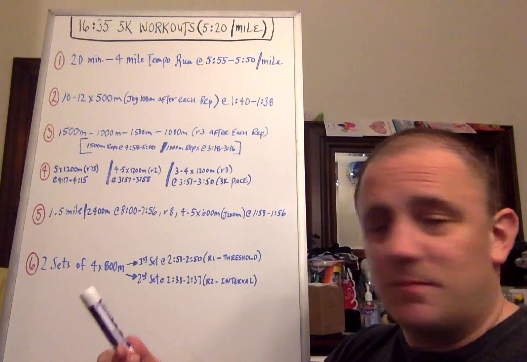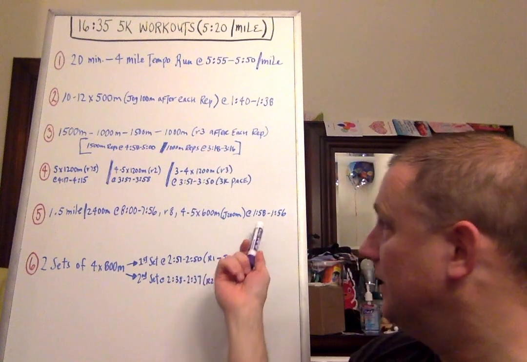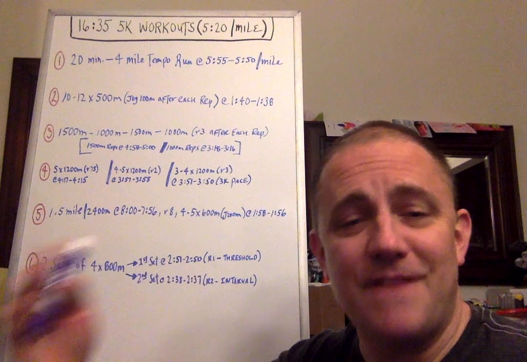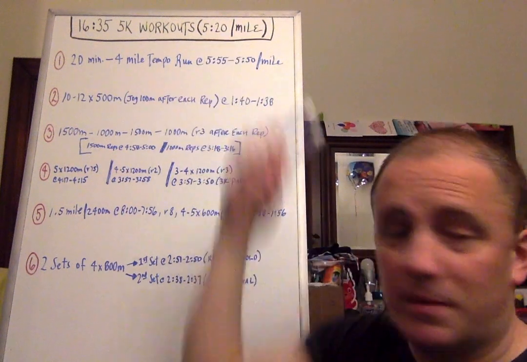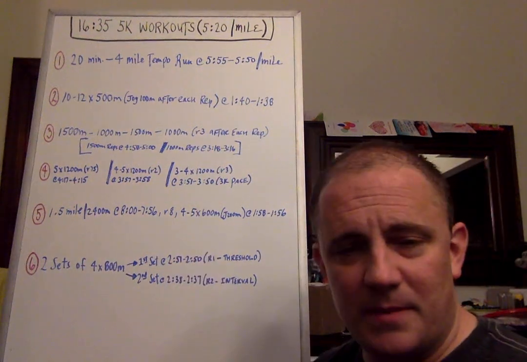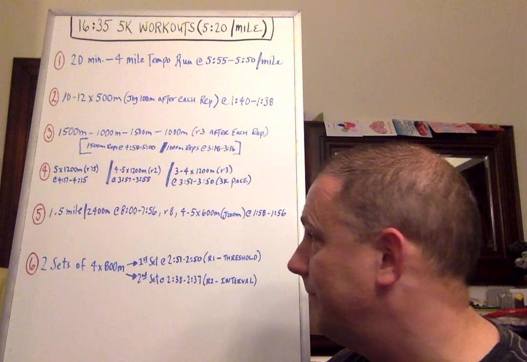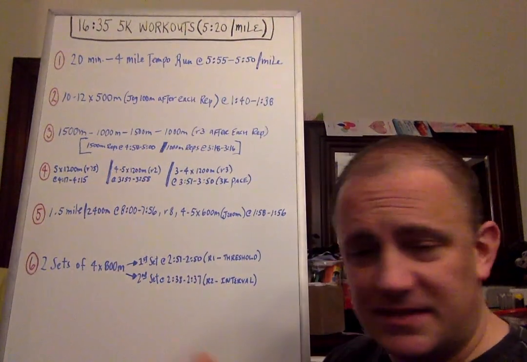5 times 600 meters with a 200-meter jog recovery after each one, at 1:58 to 1:56, so it's about 5:18 to 5:17 pace, so slightly faster than 5K pace, okay? Slightly faster than 5:20 per mile, all right? And that whole workout is about 5,000 to 5,600 meters, okay? That's workout 5, and last but not least, this is a good,